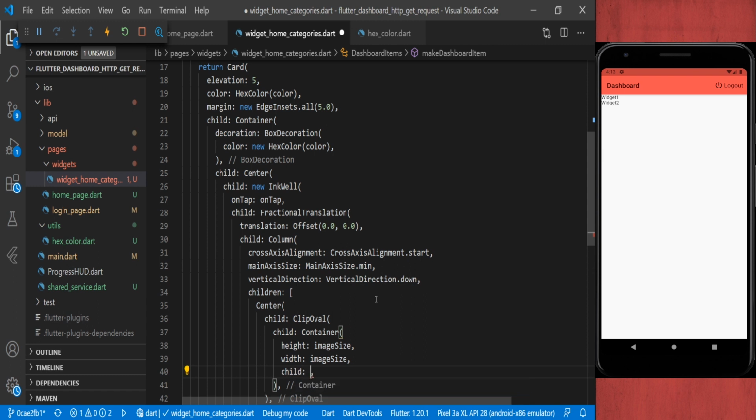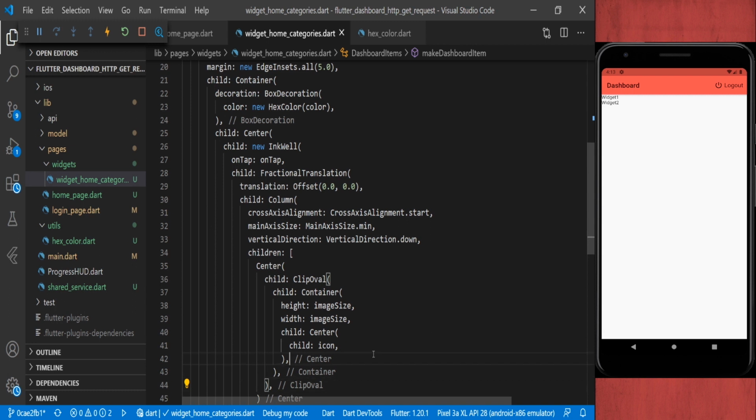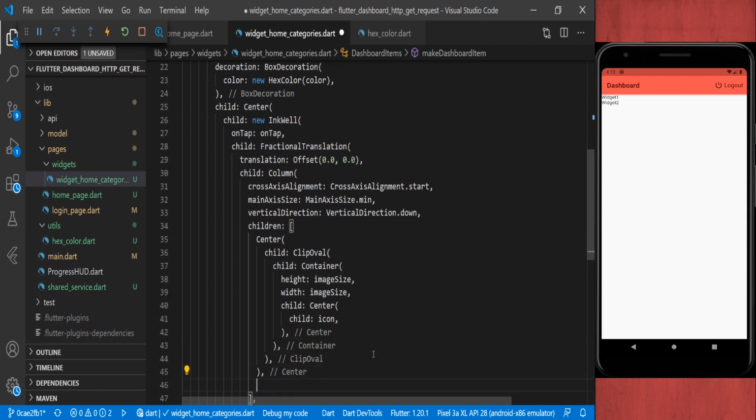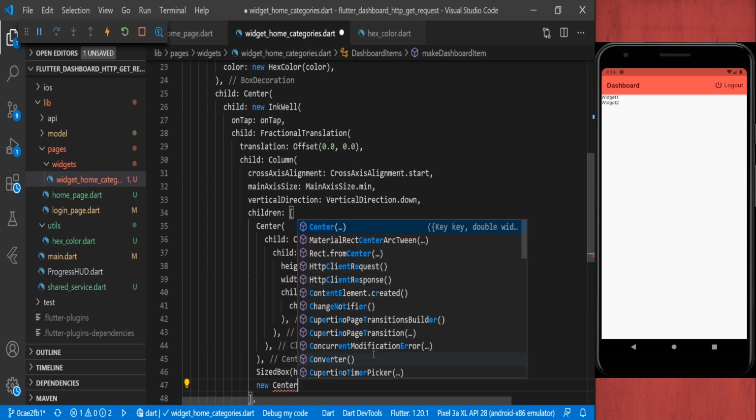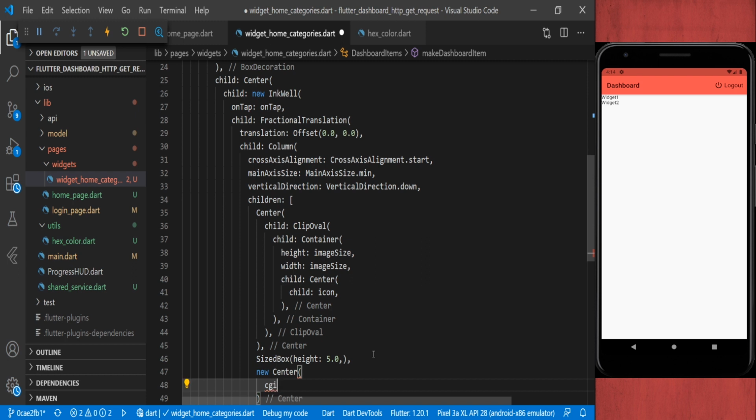Then we will have the child. In the child we are using center widget. In the center child we are using the icon, we are passing as a parameter. Then we are using here SizedBox, and height we are using 50. Then we are using new widget here for that text, and here we are using center widget. Then in the child